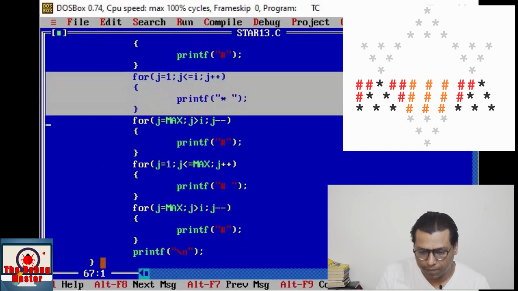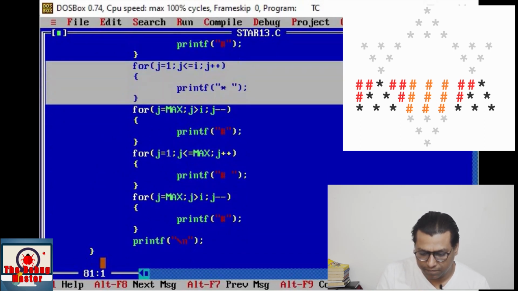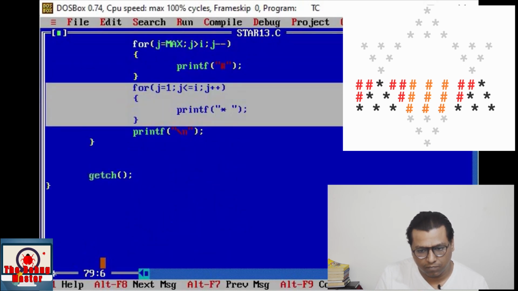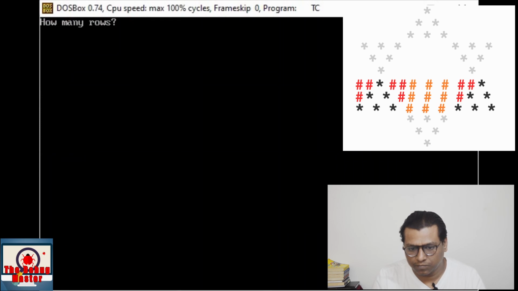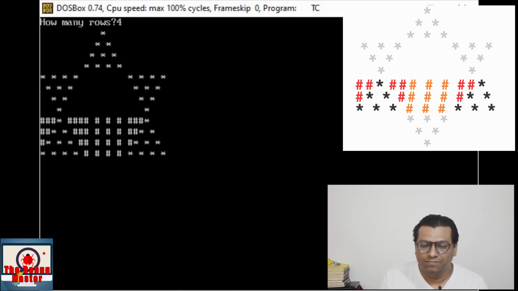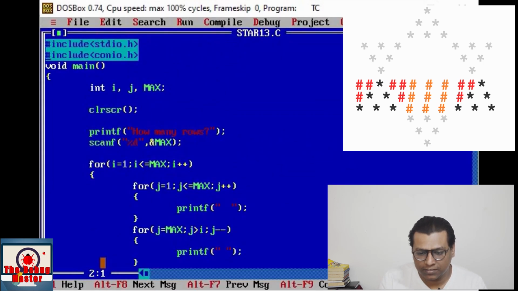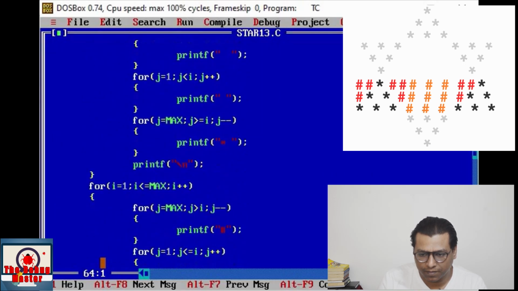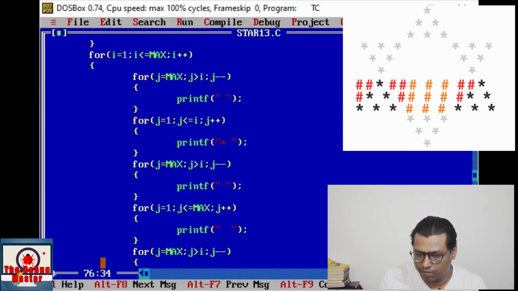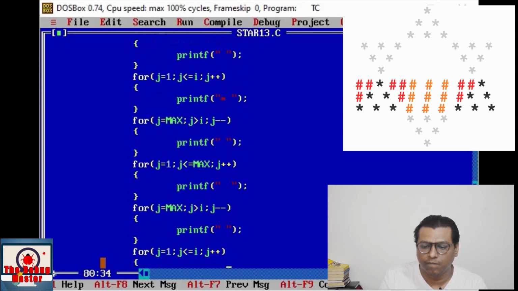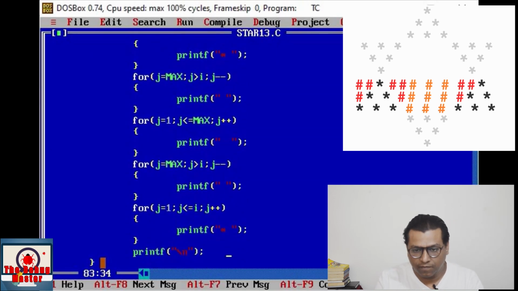Copy, paste, save, run. Done. Just replace all hash with the space. So here, that's all. Save, run.